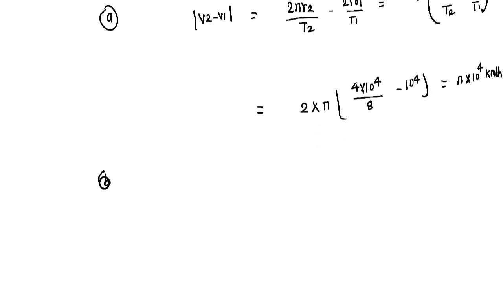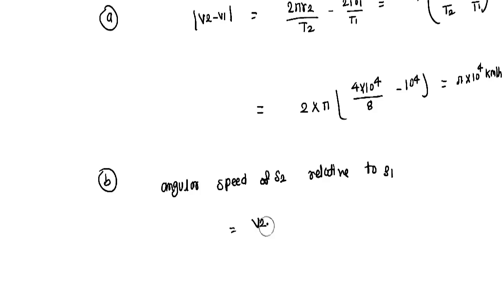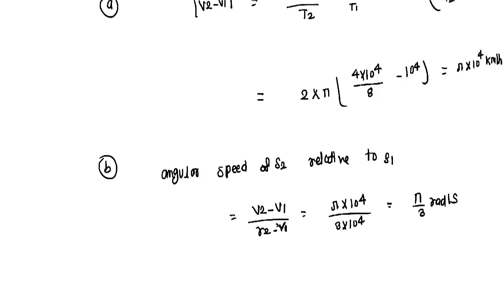एंड सेकेंड केस पे चलते हैं। अगर एंगुलर स्पीड ऑफ S2 रिलेटिव टू S1 पूछा है, तो वो कितना लिख सकते हैं? यहाँ से v2 माइनस v1 डिवाइडेड बाई r2 माइनस r1 हो जाएगा। हम देख रहे हैं कि v2 माइनस v1 हमने फाइंड किया है π इंटू 10 के पावर 4 डिवाइडेड बाई r2 माइनस r1, जो कि 3 इंटू 10 के पावर 4 हो जाएगा। इसको सॉल्व करेंगे तो यहाँ से π बाई 3 रेडियन पर सेकेंड आ जाएगा। तो ये हमारा आंसर हुआ।